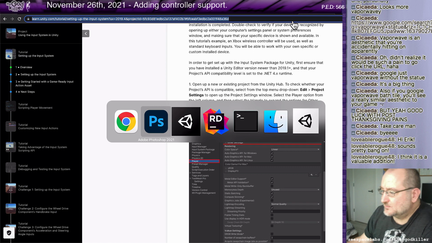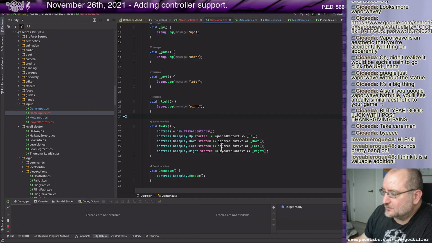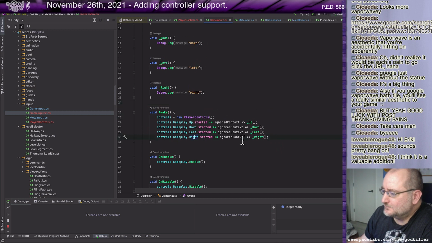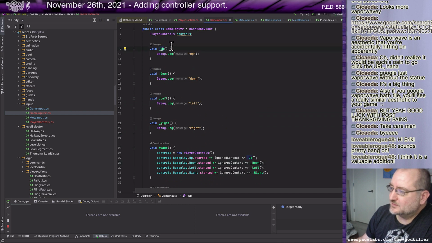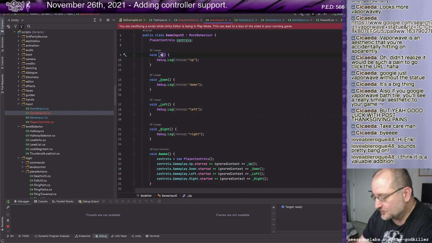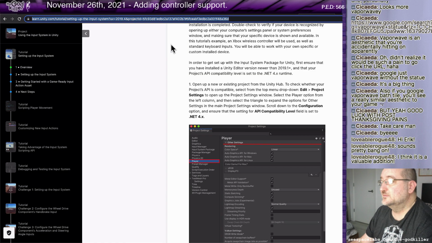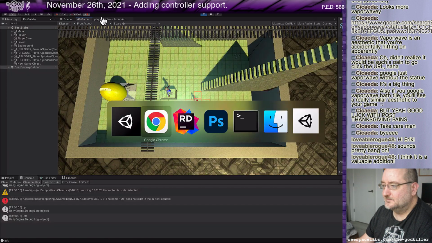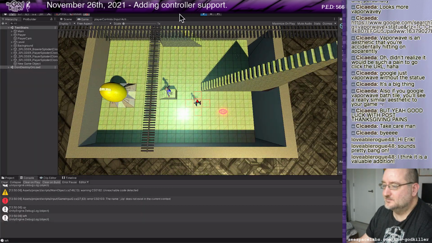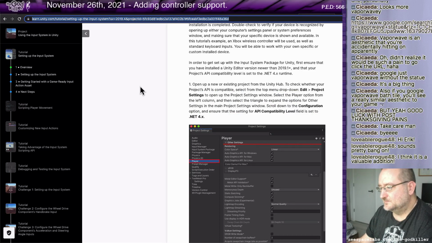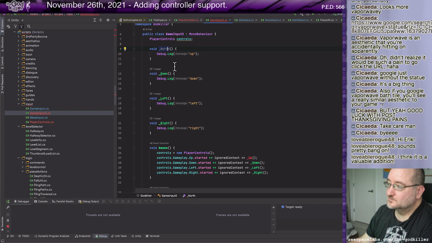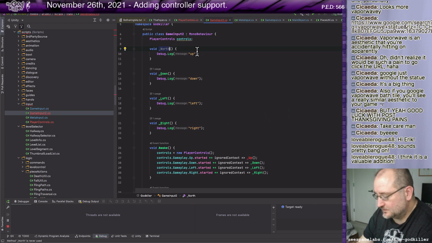But anyways, the other thing I need to do is keep track of when the buttons are let up on. So let's see. I feel like I want to rename these though to make more sense to my game. Oops. I'm in play mode. Let's turn that off. Okay, let's see. North, down.